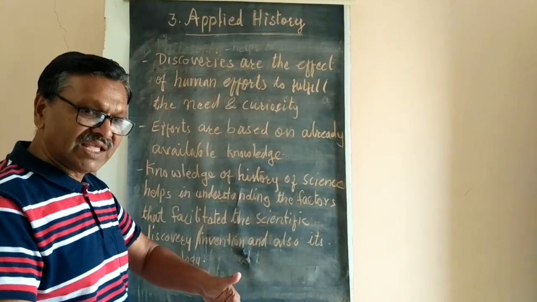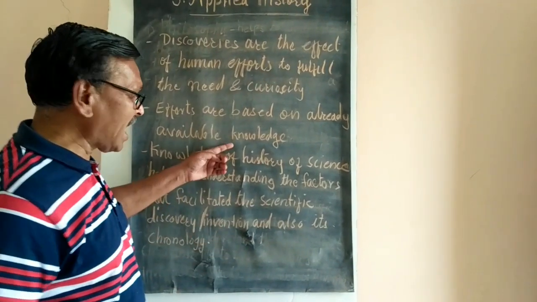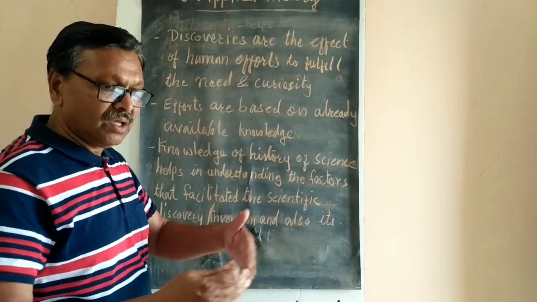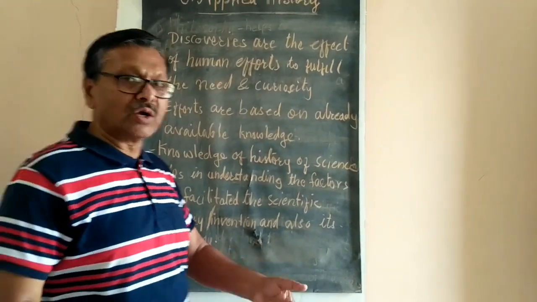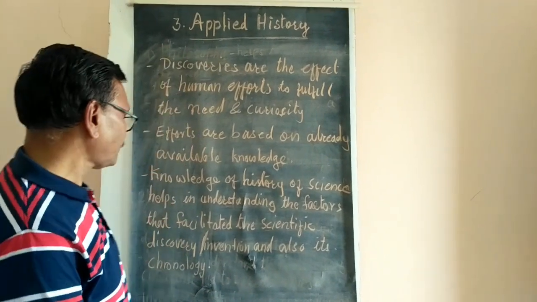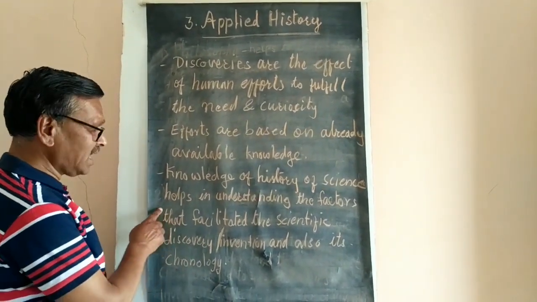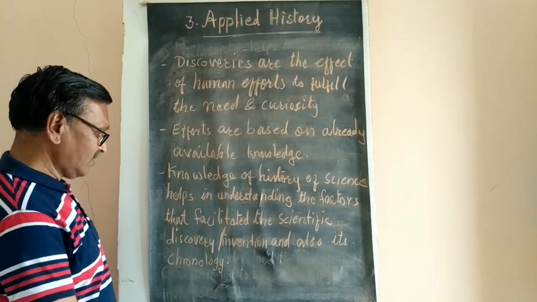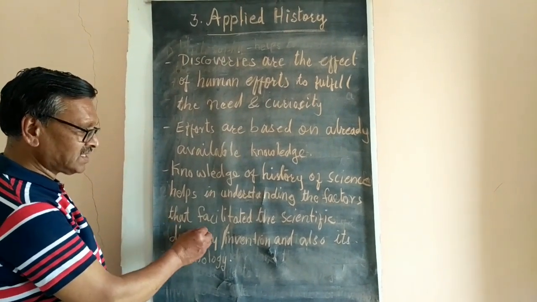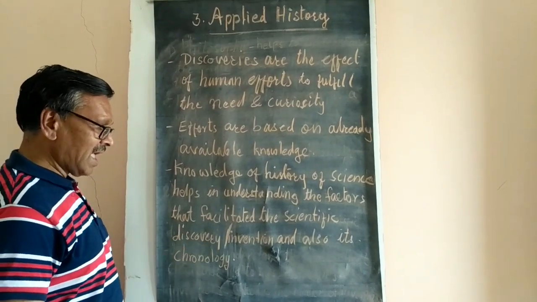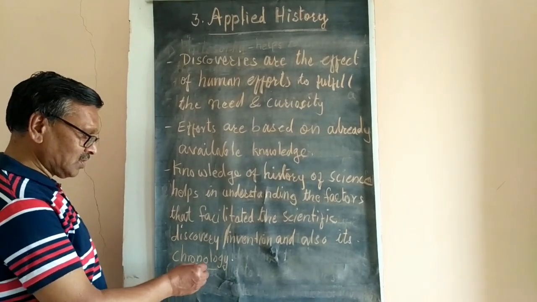And then what else with that? What component do we have to add to that vaccine so that it would be effective to control COVID-19? Knowledge of the history of science helps in understanding the factors that facilitate scientific discovery, invention, and also its chronology. So chronology is